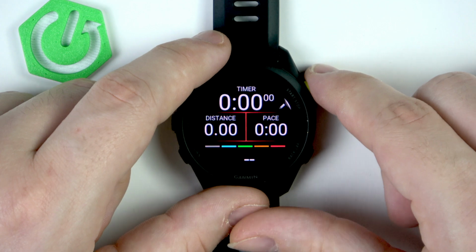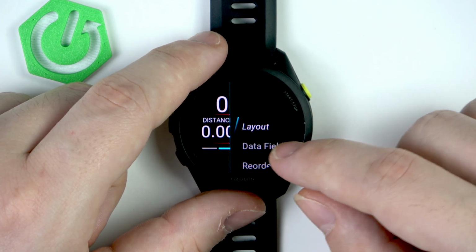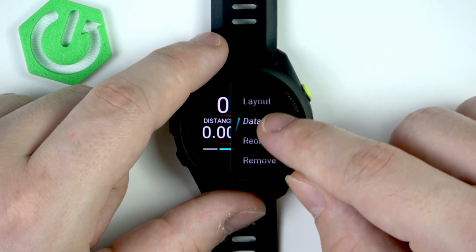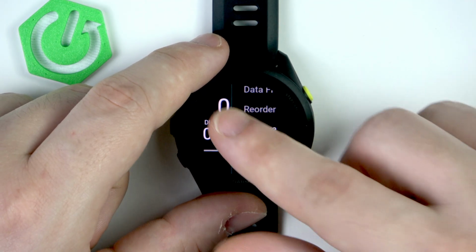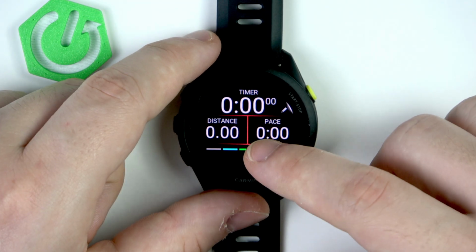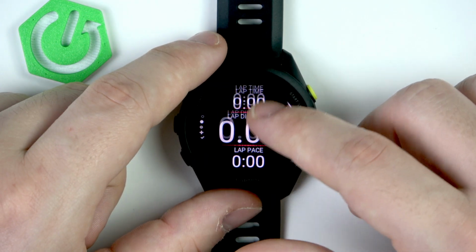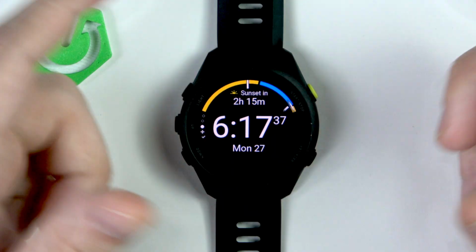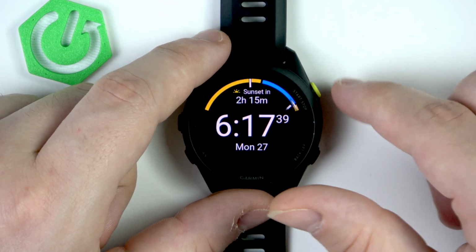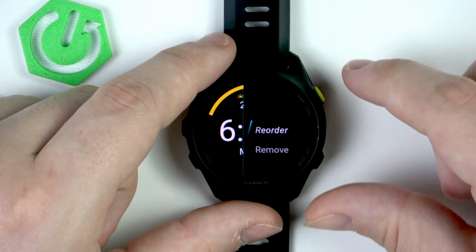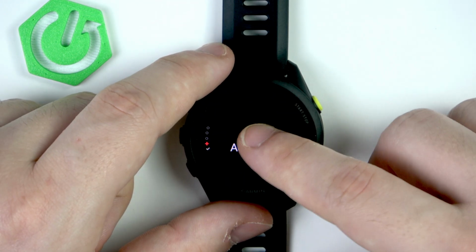In here, if you click the start stop button, you can change the layout, the data fields, reorder the things, or completely remove the data screen. As you can see, for the run we have three screens. We can edit each screen by clicking start stop button, and also you can add, for example, a new